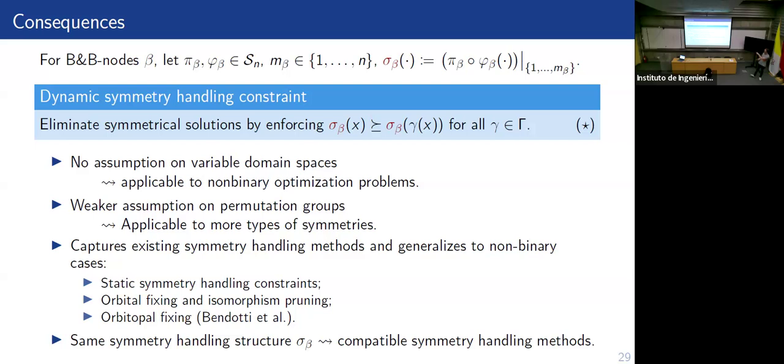And the last thing is, if we have two methods that were deemed to be different symmetry handling methods, and it turns out that their sigmas are the same, then they are handling the same set of symmetry reductions, and they can be applied at the same time. And this is quite useful because it also allows us to take a static symmetry handling method and turn it into a dynamic symmetry handling method that can be used in conjunction with an existing dynamic symmetry handling method. Just by saying, we take the dynamic symmetry handling method, we look at the choice of the sigmas that they make, and we now apply that to the static symmetry handling.